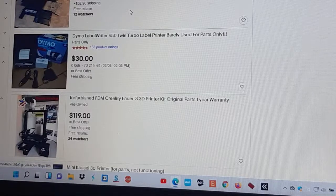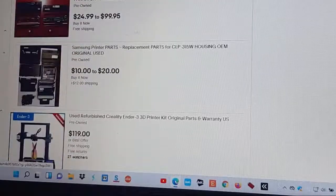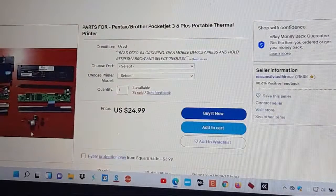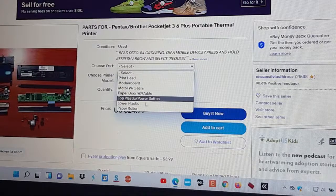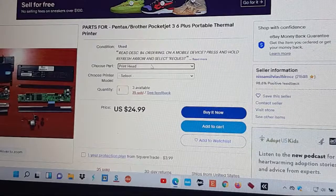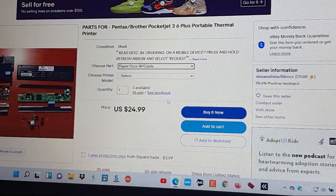4 parts, $196. Epson Stylus Photo R1800. Wow. Parts for a Brother, $24 to $99.95 for these parts. Let's see what they say. Choose the part. Print head, motherboard, motor with gears, paper door with cable, top plastic power button, lower plastic paper roller. Let's go print head. $24.99. Motherboard. Really? $24.99. Paper door with cable, $24.99. Looks like all this stuff is $24.99. Okay, so